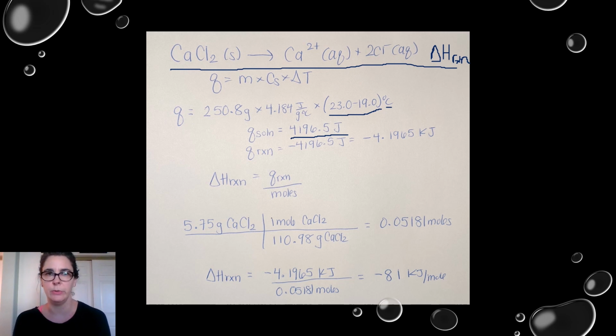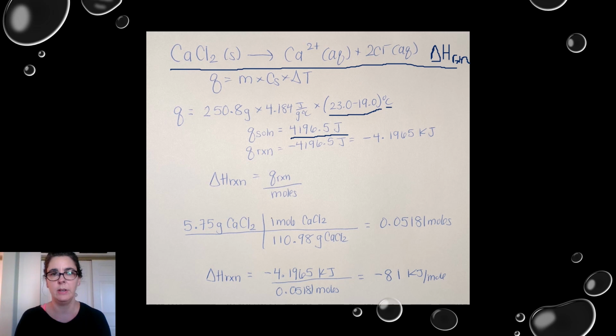So that solution increased in temperature by taking in or absorbing 4,196.5 joules of energy. So the question is, of course, where did that energy come from? Energy is conserved, it spontaneously doesn't just start producing energy for no random reason. So it had to come from somewhere. We look at what happened. That energy came from the solid actually breaking apart into ions. So when that solid broke apart into ions, it caused the temperature of the solution, which is mostly water, to